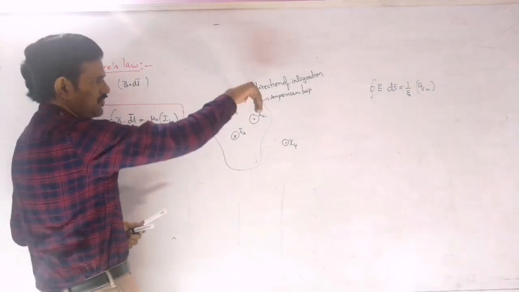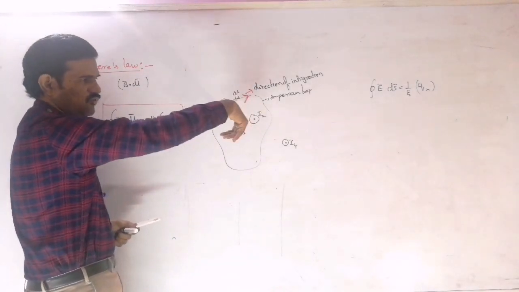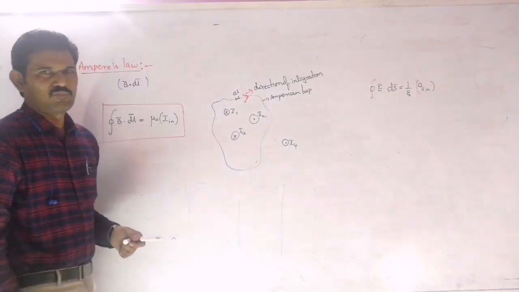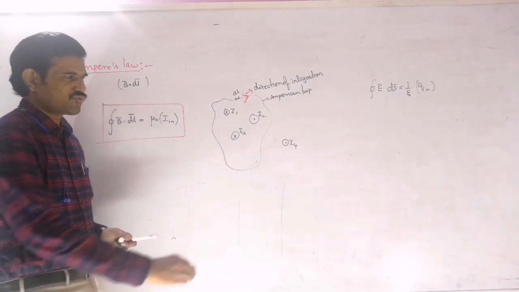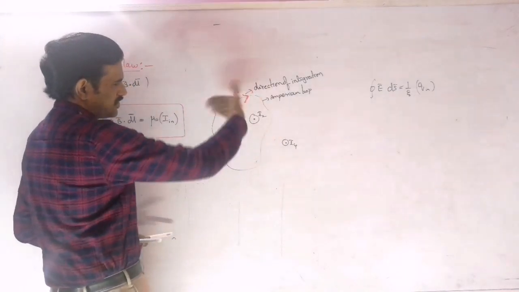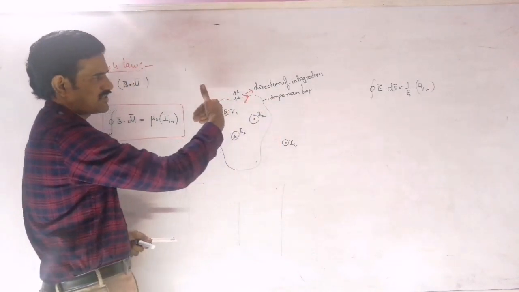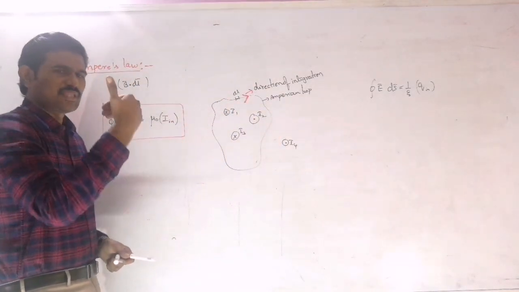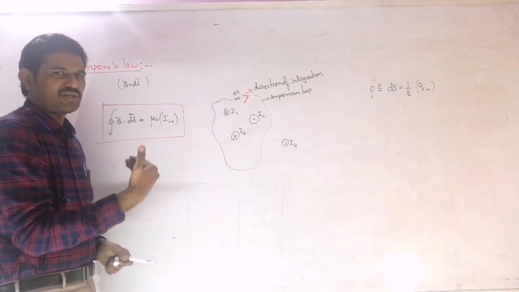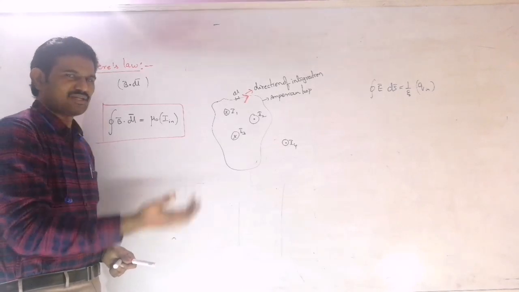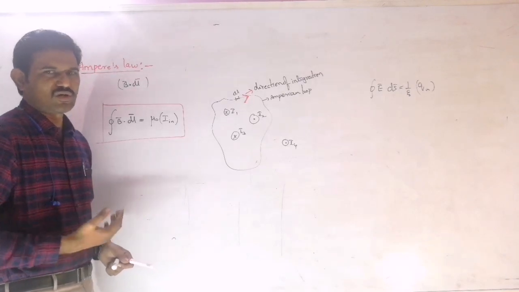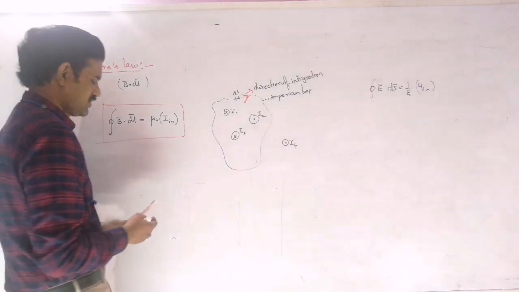So now in this example we are taking the clockwise sense. Then the thumb is inwards here. So I1 and I3 are positive and I2 is negative. And we should not include I4 in our calculation because it is outside that Amperian loop. You may solve the same problem by assuming integration in anti-clockwise direction. Then I2 will be positive and I1 and I3 will be negative. You will get the same final answer. So either you can solve it in clockwise sense or anti-clockwise sense. That is purely your choice, right?